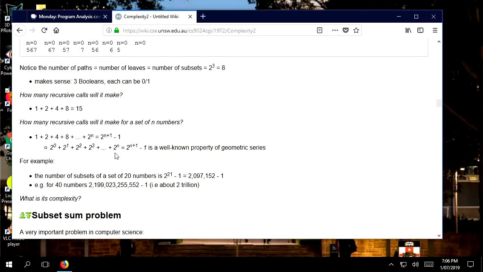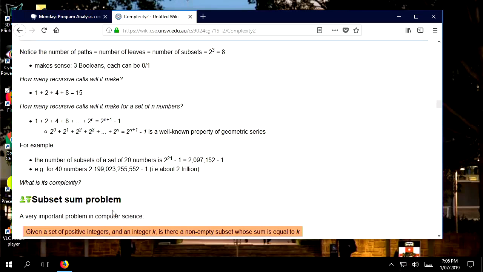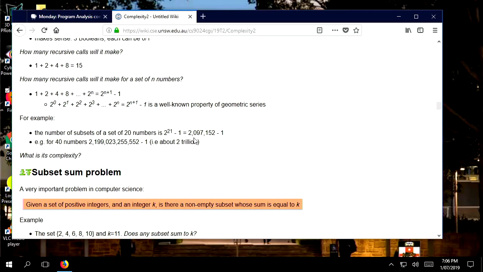It's all based on recursion, of course, but that's not the issue at the moment. So the complexity argument, we've already worked out, is 2 to the n plus 1 minus 1 if you want to be exact. Now, that was all an entree. That was all the preparation. What the real problem is in computer science, the hairy-chested, serious computer complexity problem, is the subset